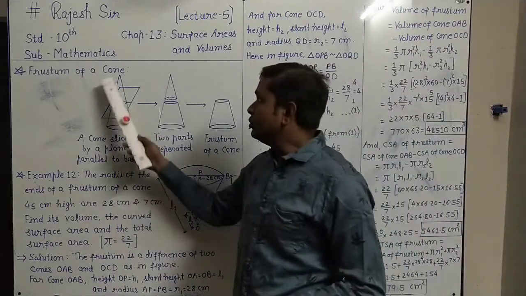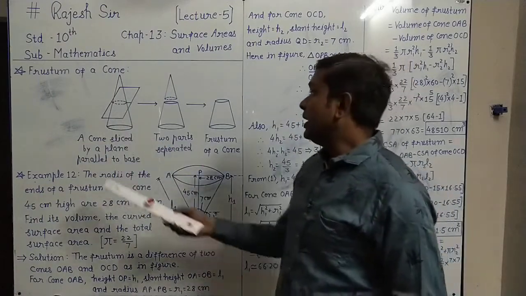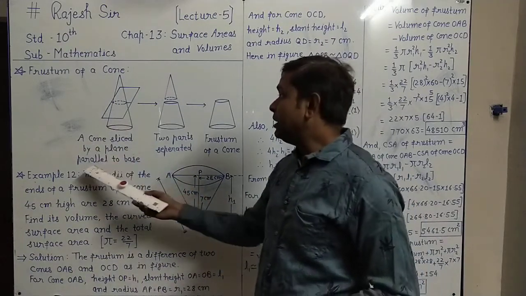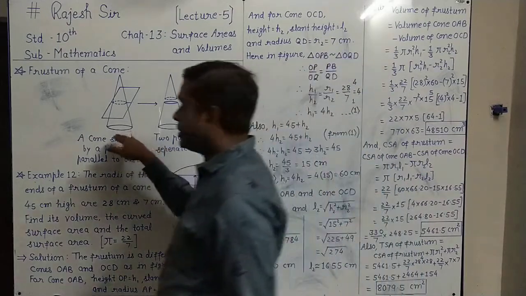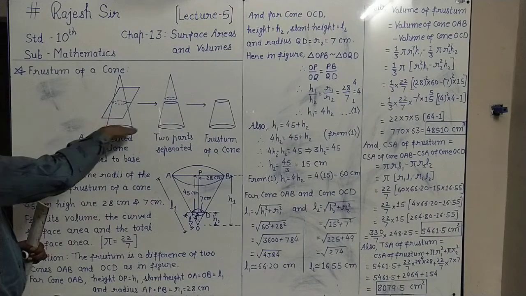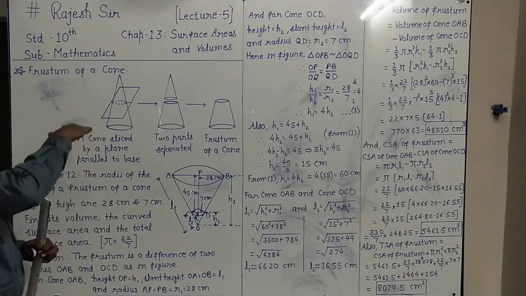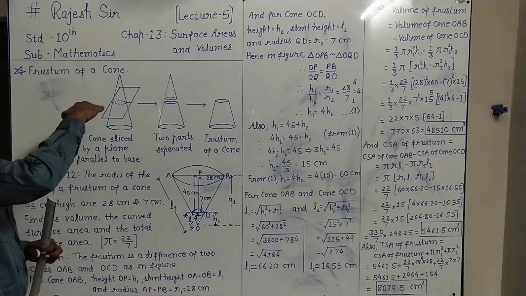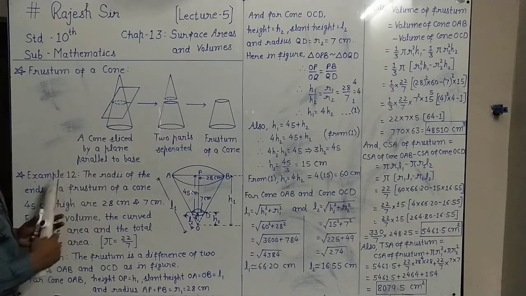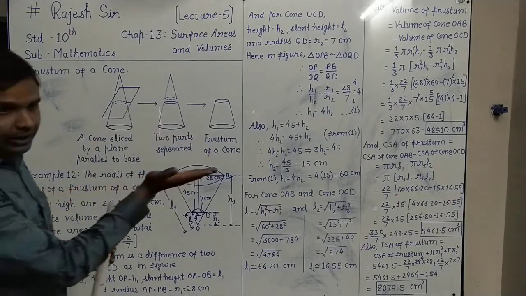Take one right circular cone, and that cone we have to slice or cut by a plane parallel to the base. This is the base of it, and this is the plane blade, which we keep parallel to the base, and we cut this way from anywhere of the height, keeping the plane blade parallel to the base. So the cone is sliced by a plane parallel to the base. This way it is cut parallel to the base, straight horizontally.